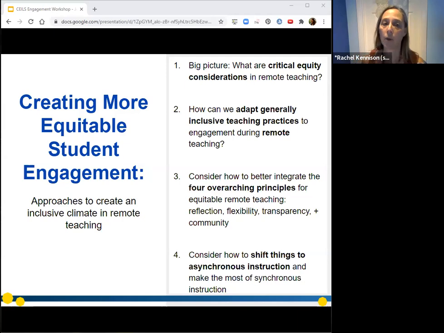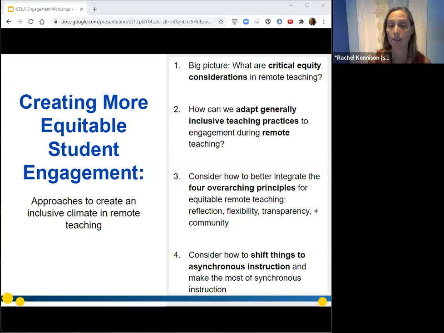We'll talk about how we can adapt generally inclusive teaching practices to engagement during remote teaching, so applying those practices in the remote environment. We'll consider how to integrate 4 overarching principles that are really created to think about equity in the remote teaching.